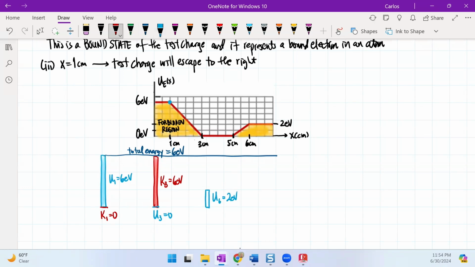So that means here that the rest of this must be kinetic energy. And so this kinetic energy at 6 is 4 electron volts. So then what you can see here is that this guy will now continue to move to the right here